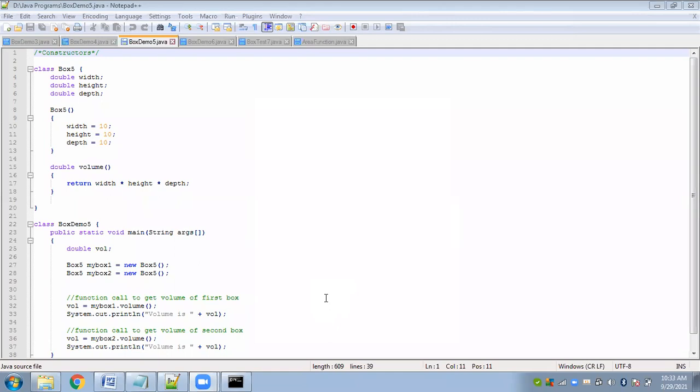So what do constructors do? Whether or not you use constructors in your program, if you are using a constructor, that constructor will be invoked. If you are not using any constructor in your program, still a default constructor will be invoked. So what is the basic purpose of the constructor? Constructor will help you initialize the variables of the object.